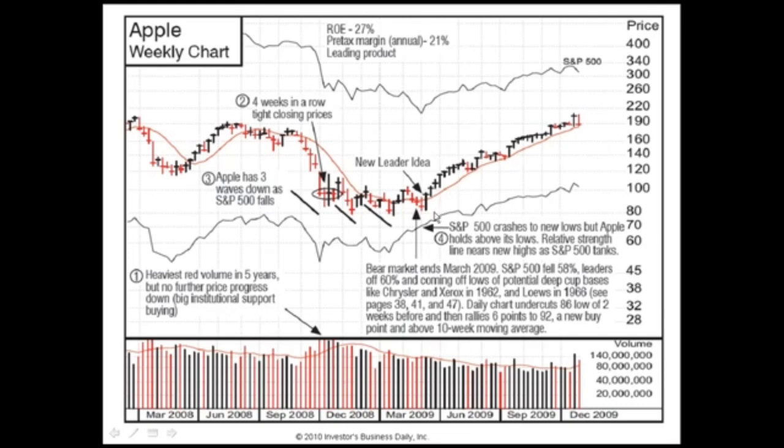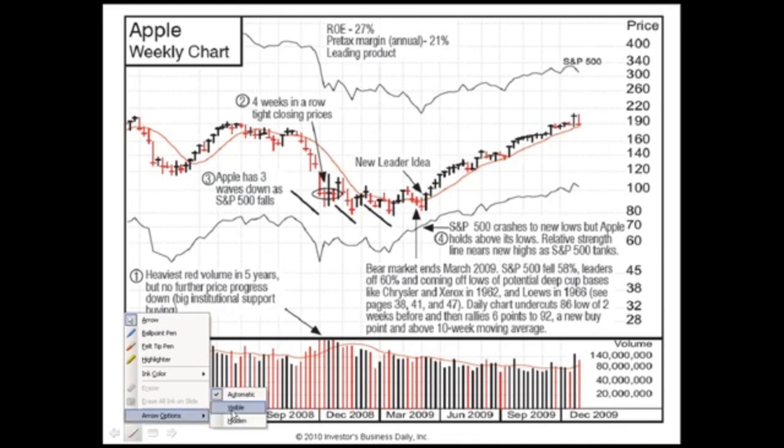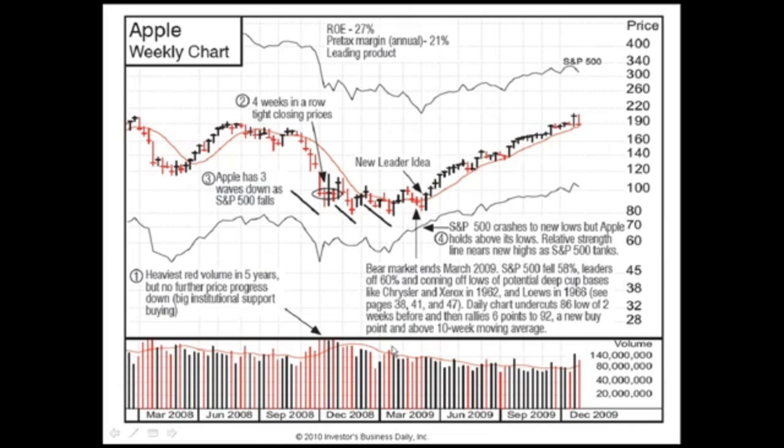Now, if you look at a daily chart, we use that also in determining. We have a rule. It's the old Livermore rule that if you have a $30 stock and it penetrates a low and it comes back up through that chart by 3 points, that establishes a new buy point. So we were using that rule, but this was around a $90 stock, so we upped it to about 6 points.